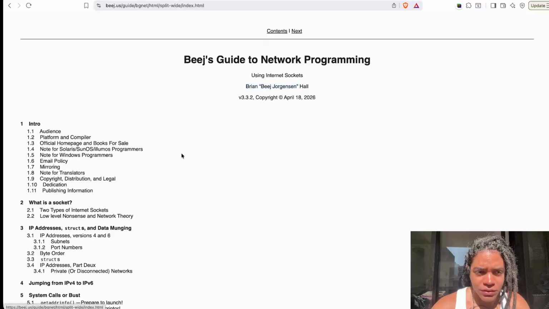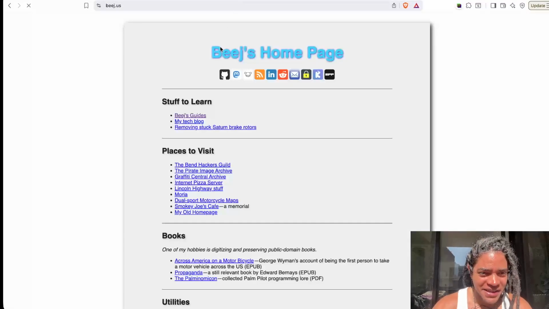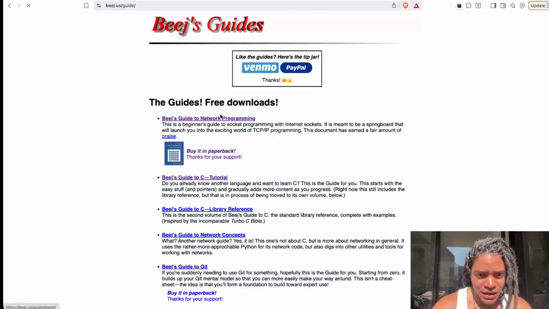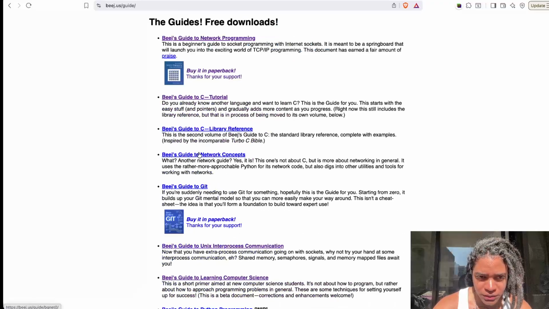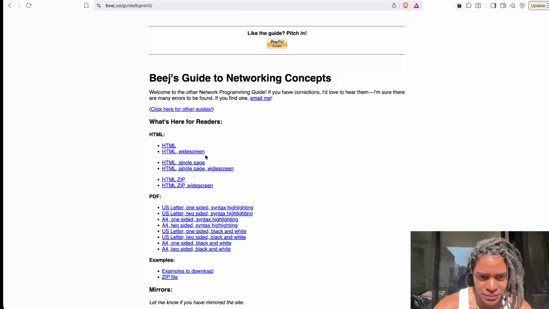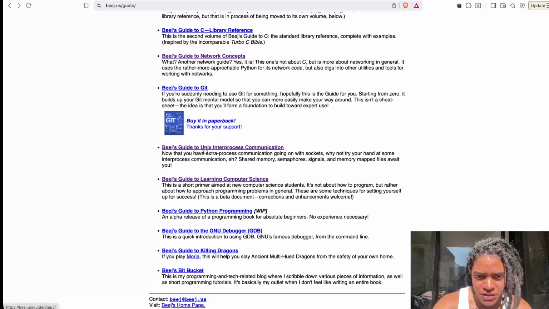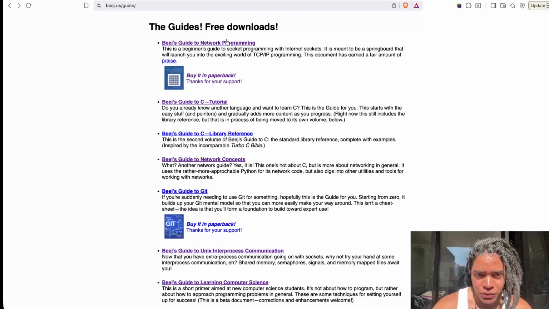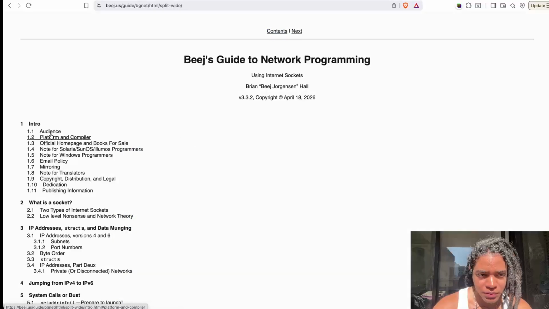to tell people, hey, please don't ever ask me this question again. For example, Beej's Guides, like Beej's Guide to Network Programming. You can also take a look at their guide to C tutorial, C++, the two network concepts, and also one for Git. All right. A Beej's Guide to Unix Interprocess Communication. But what I really care about is this, which is network programming, where I explore more about